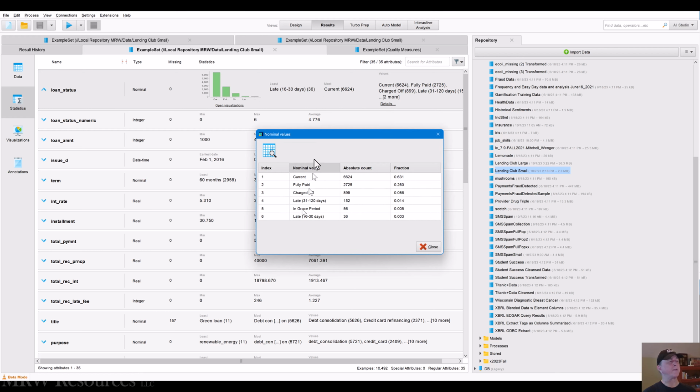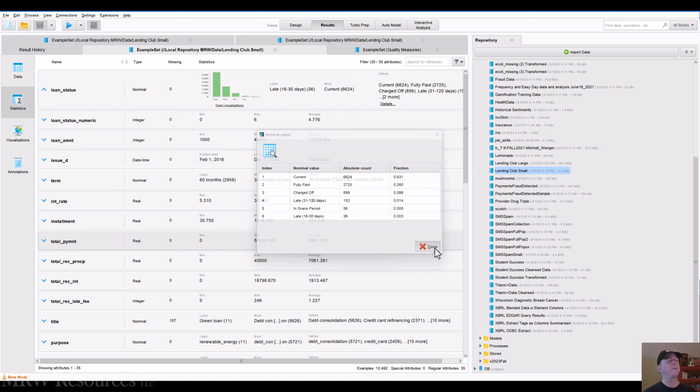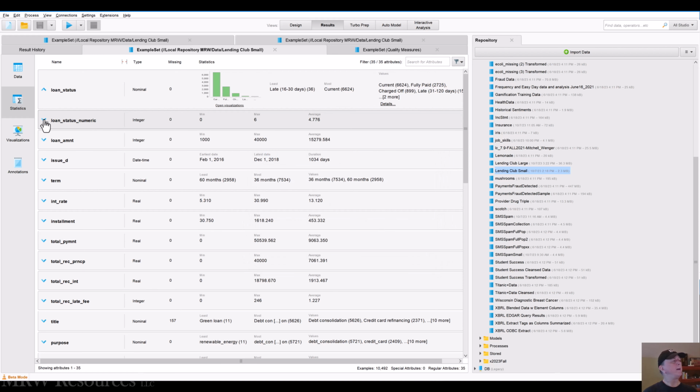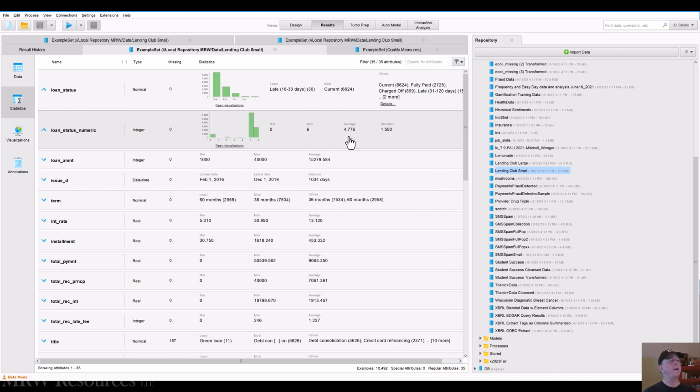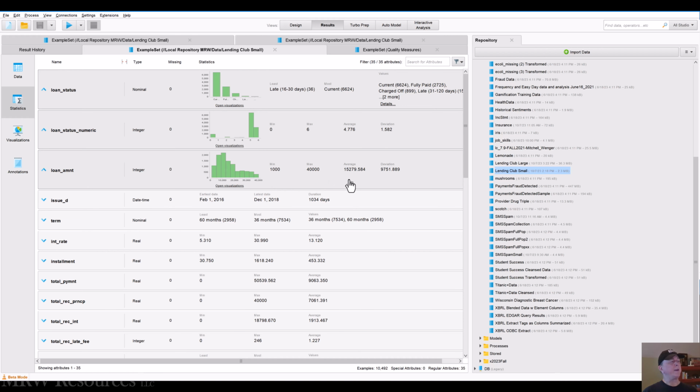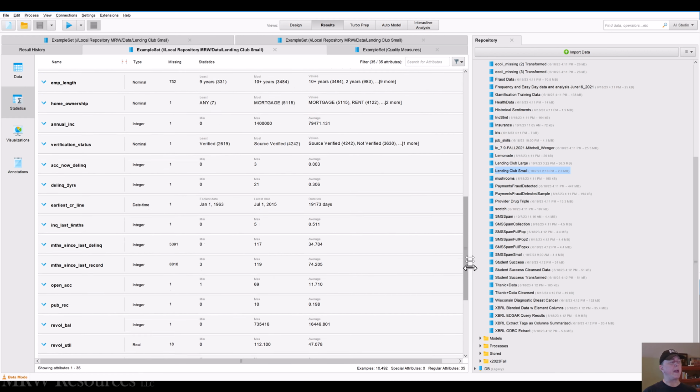Well, there were 6. So current, fully paid off, charged off, late, in grace period, and then late again. So this is in order of how many there are, what the fraction is. Okay. Then, of course, loan status numeric. We're going to have similar, but it's a numeric version of this. And I can also see how many missing values, how this is going to be a count for each of